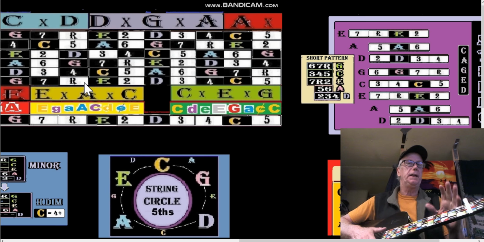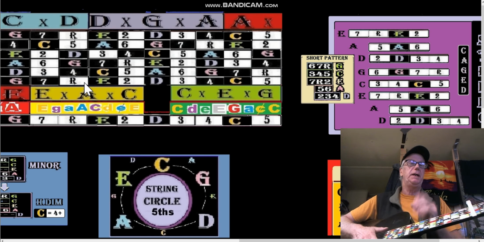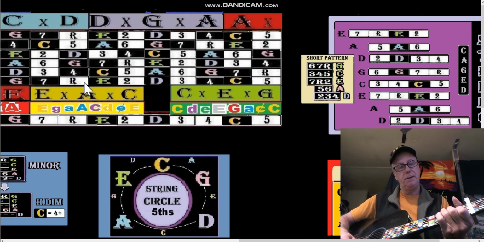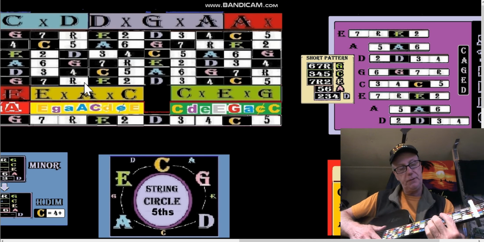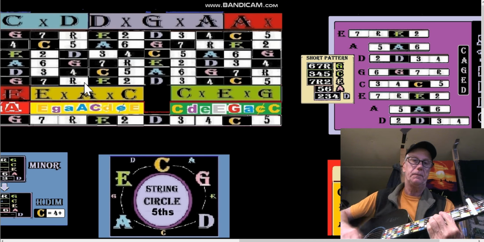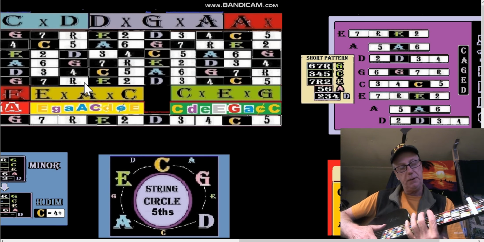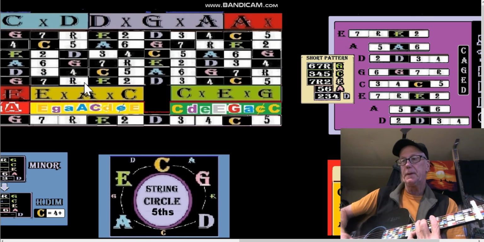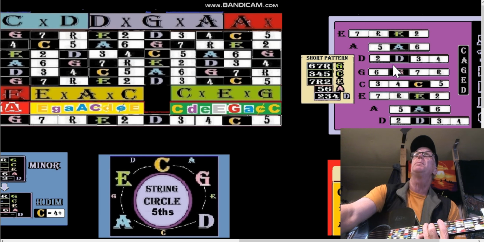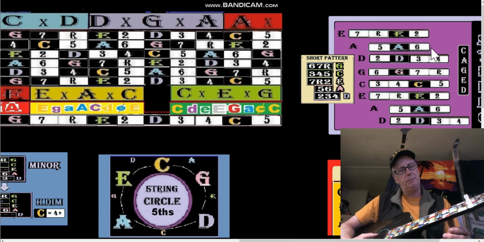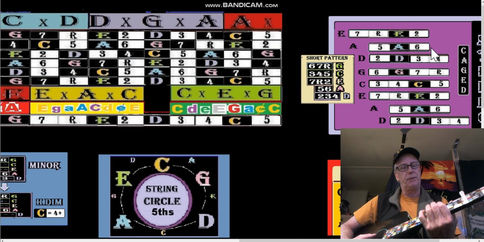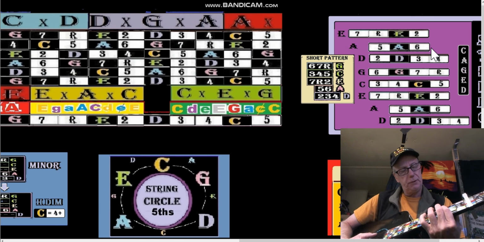Okay, if we want to play CAGED in majors, we can go C, and then we can bar its fifth and play the A shape C, and then we can bar its sixth and play the G shape C. And notice how the G string shape is 6, 7 root, and the A is 5, 6. So the diatonic scale from the A shape goes